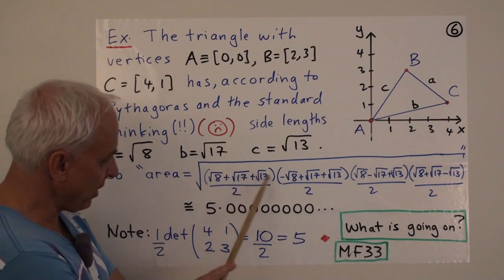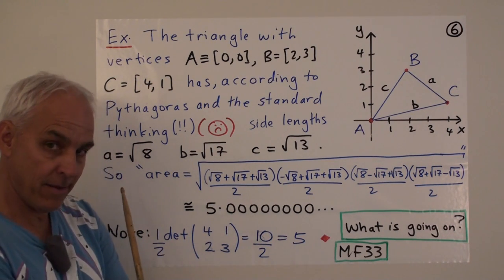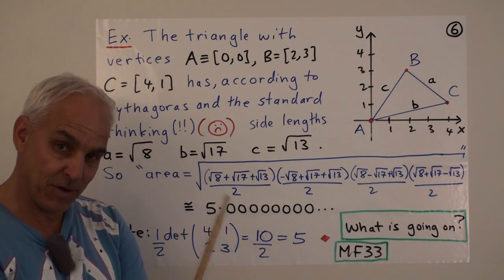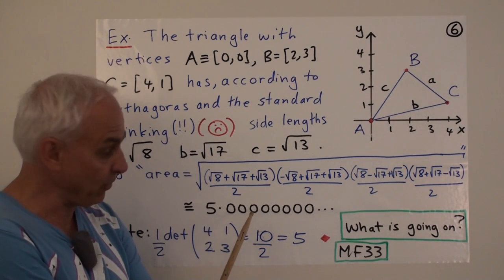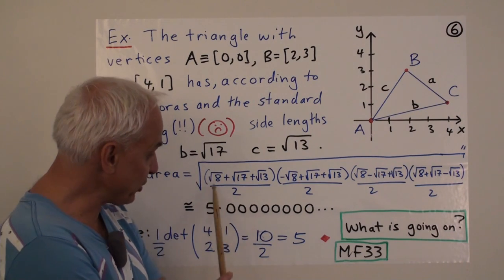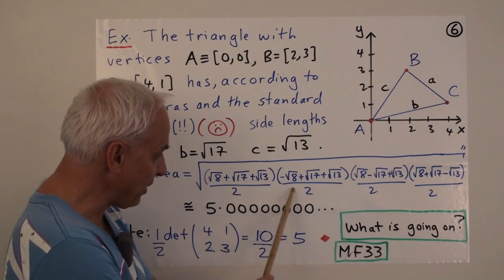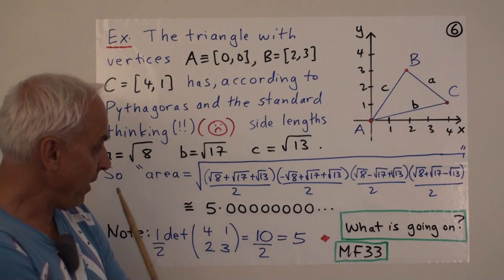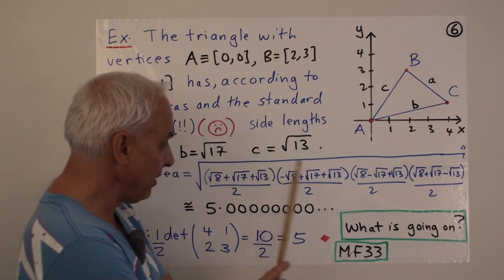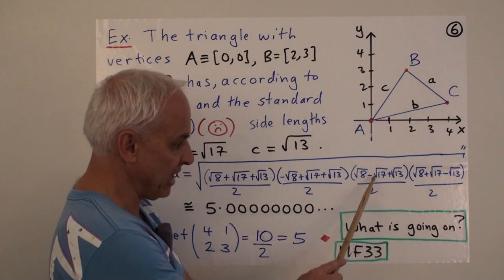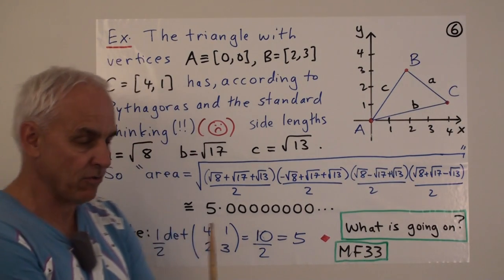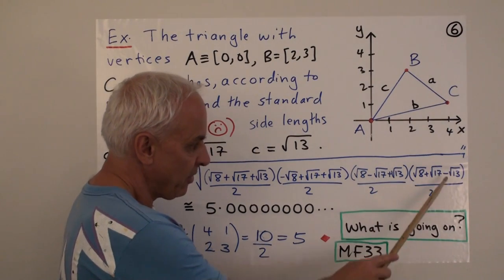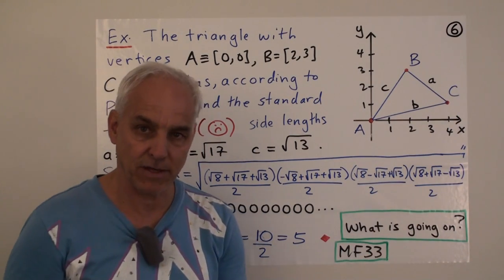So if we take this thing here and we subtract A, here there's a root 8 over 2. If we subtract root 8 from that, we're going to get minus root 8 over 2. So we're going to get an expression that looks a lot like this one, except that there'll be a minus sign where there was a plus sign here. And when we take S minus B, we'll get an expression that looks much the same, but with a minus sign in front of the square root of 17. And S minus C will give us this expression with a minus sign in front of the square root of 13.